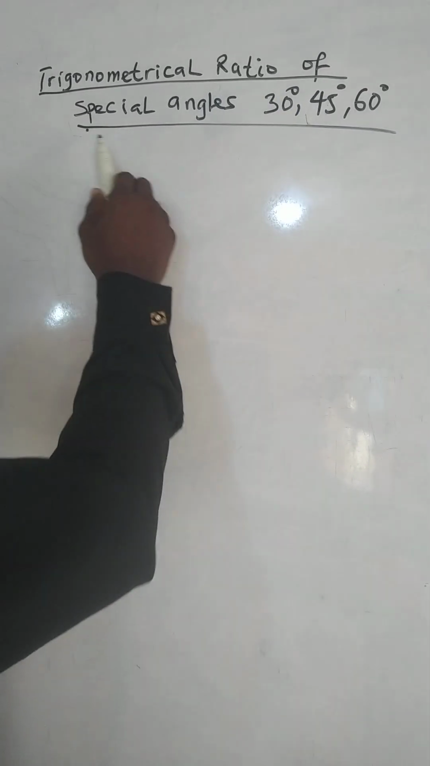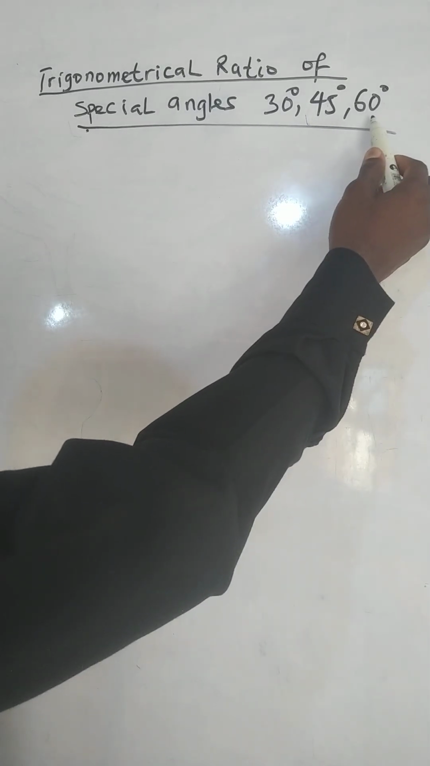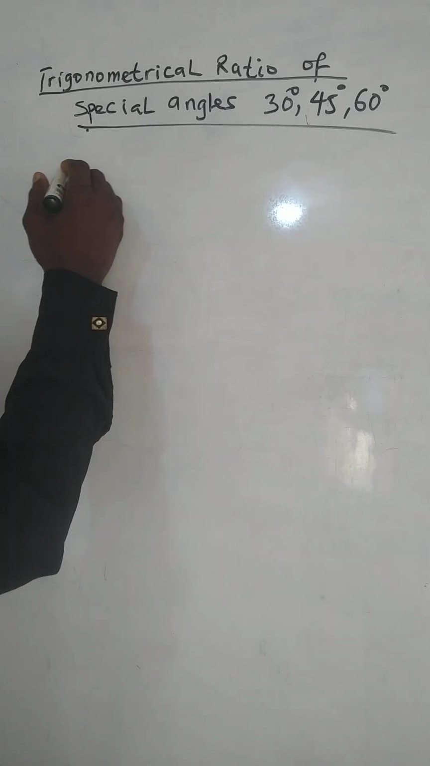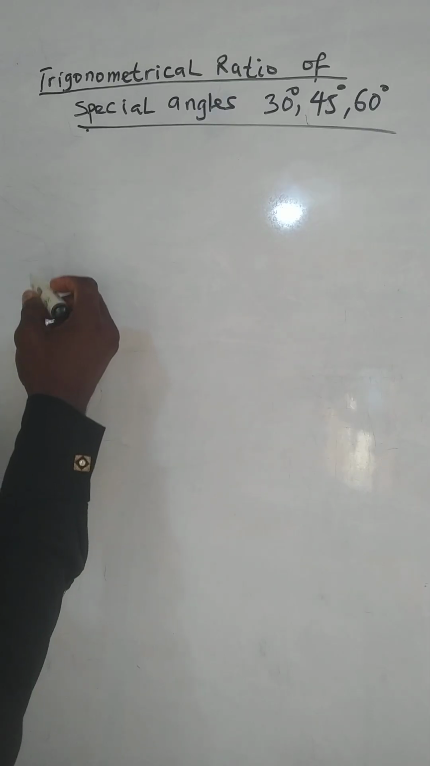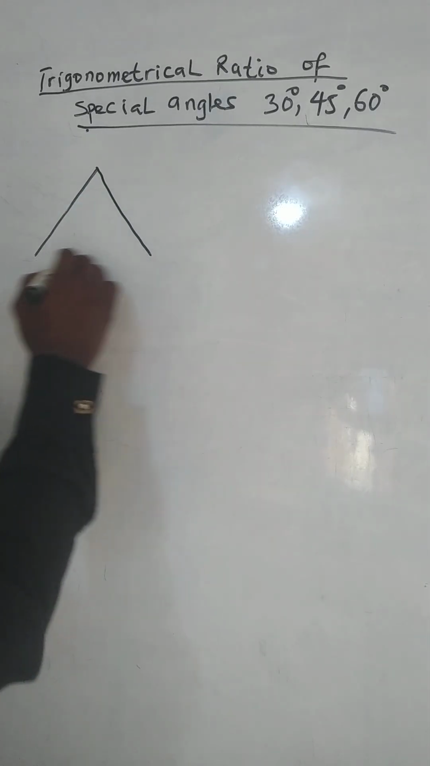Trigonometrical ratio of special angles: 30 degrees, 45 degrees, 60 degrees. I want to talk about 30 degrees and 60 degrees first. If we have an equilateral triangle like this